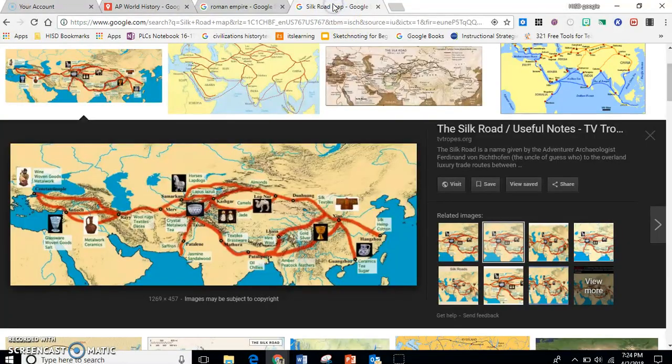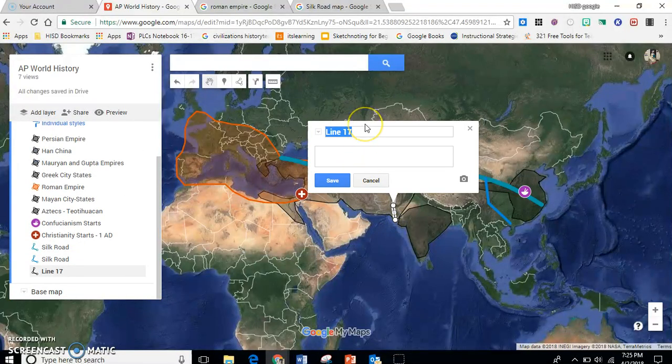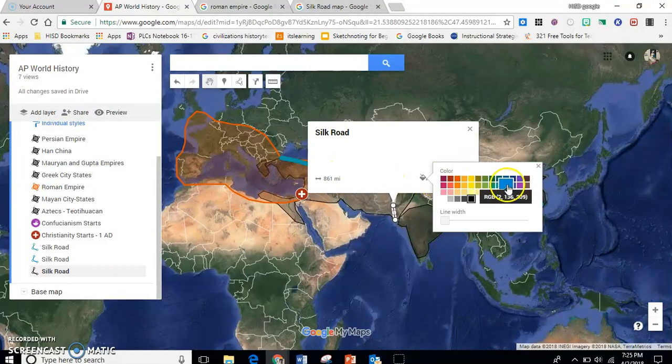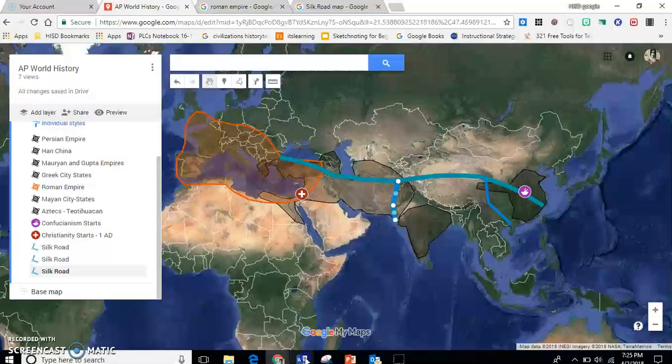All right, and then there was another little one, okay, so they come off down here into India. I'm going to make that line too, just because I want to be able to see that it's more than one line. All right, we got the Silk Road on there, people. Woohoo! All right, next up